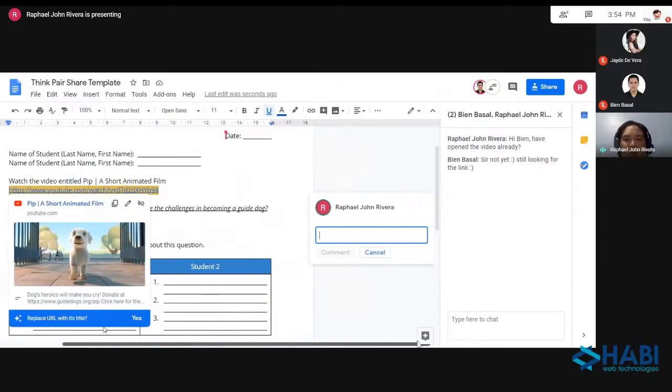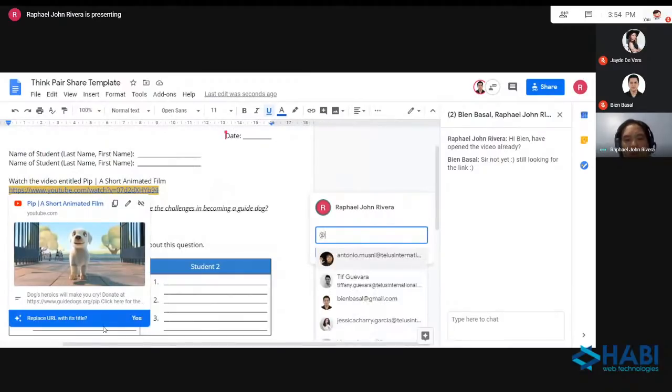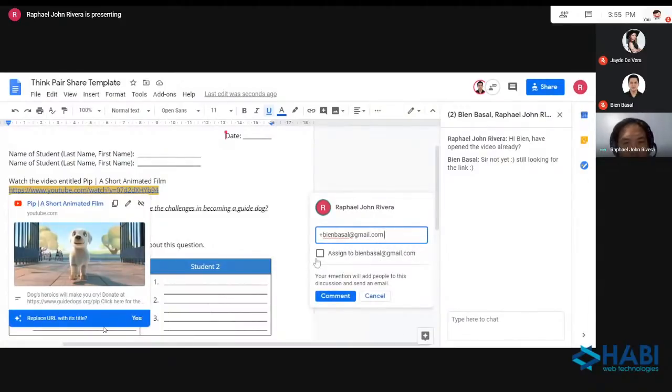So I'm just going to type here. I could actually tag specific people. For example, I will tag Bien here. Okay. So now I have mentioned Bien over here, and I will assign this one. Now when I click on this check mark, they would be notified and they would be able to mark this specific part as complete whenever they have accomplished it. So when I click on assign,